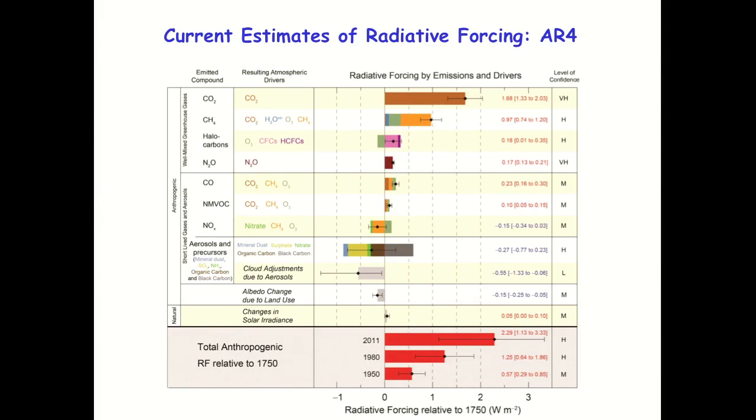For example, carbon monoxide, non-methane volatile organic compounds, and oxides of nitrogen. The problem with some of these trace gases is that they act as precursors to produce aerosols in the atmosphere, like nitrates. So if you look, for example, at NOx, it can have both a positive and negative forcing because it can produce particulates. And those particulates, in this particular case, are actually good scatterers of radiation, so they produce a negative radiative forcing. So all of those have to be taken into account.